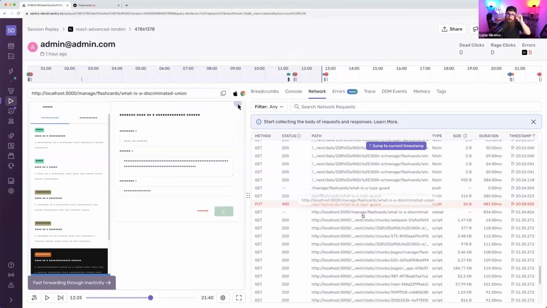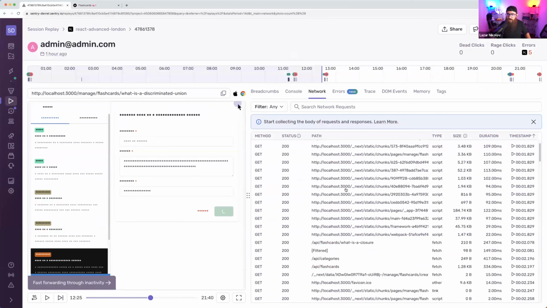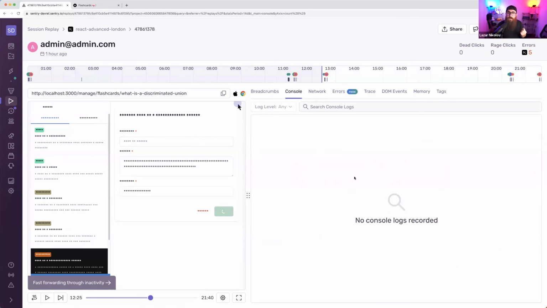But to remind you, this is on production. This user can be in a different country, on a different device. You don't know them. You don't know how they're called, etc. But it's like you're in the same room with them when the issue happened. You can see where they clicked, how they used the app. You can see any console logs that happened during the